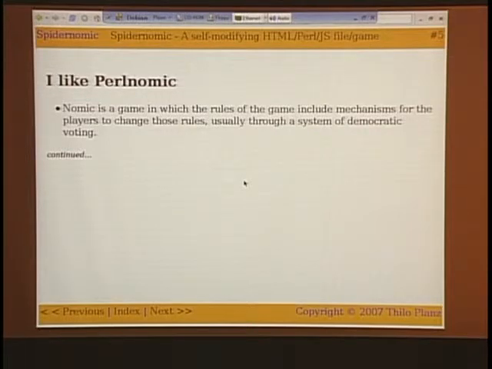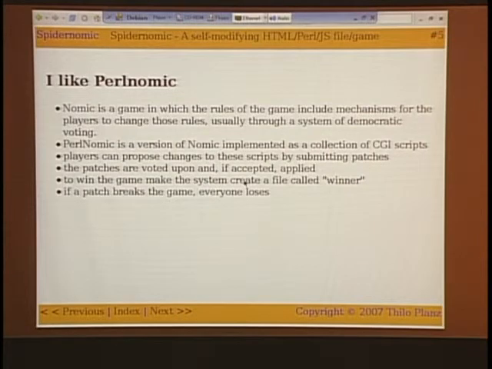This game can be played completely offline by meeting in a room and taking some notes, but because it usually takes a long time to play it, and you have a large number of players, the internet is at least used for the communication channel. Like you can play this very well on mailing lists, where you get the archive of everything that happens automatically, or on blogs. And there's also a version of Gnomic called ParaGnomic that's written, obviously, in Perl.